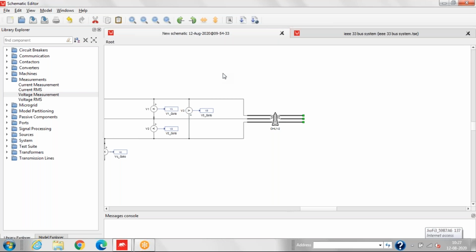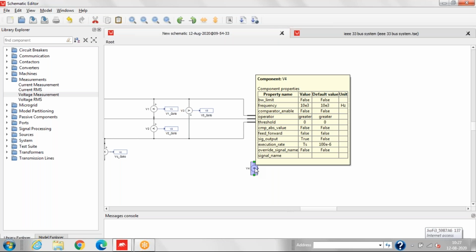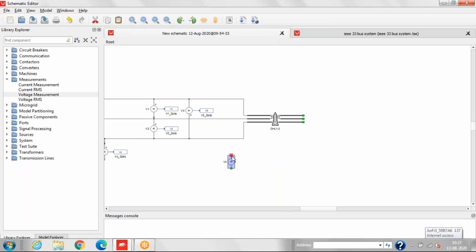Now we'll connect one more voltage measurement for V1 reference so that we can get the reference voltage. So we'll copy this block, we'll paste it here. We'll connect this. Now we'll take the ground.